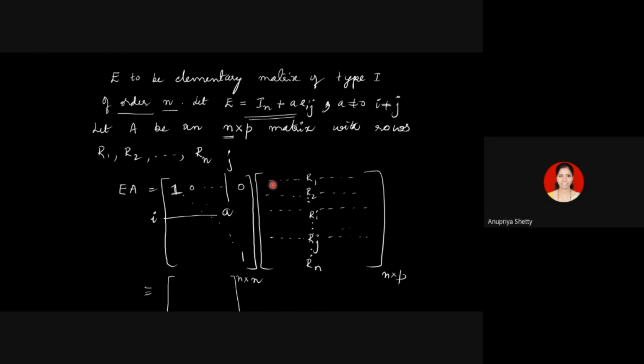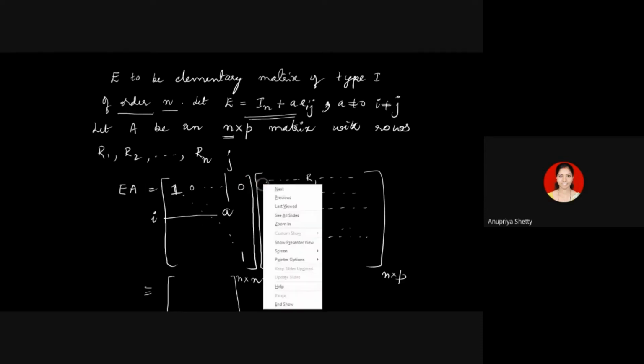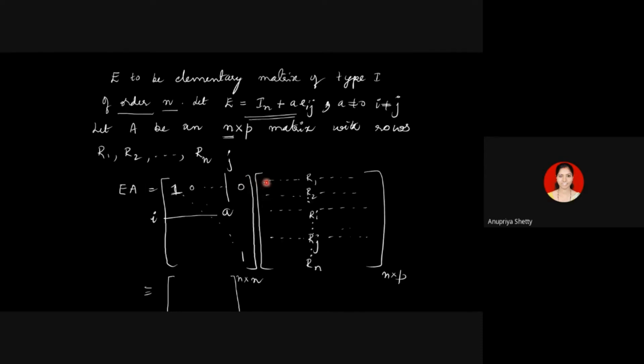The first column is here in A. I have to multiply this row with the first column. So 1 gets multiplied with the first entry, 0 gets multiplied with the second entry, 0 again with the third entry of the first column. Except the first entry of the first column, everything else is getting multiplied with 0, right? So what am I going to get here in the 1/1 position? In terms of A, can you tell me what entry will come here?